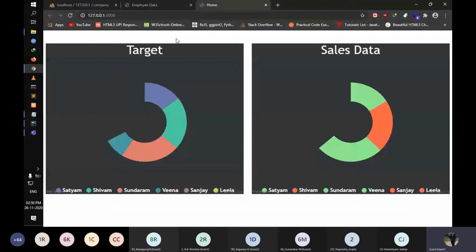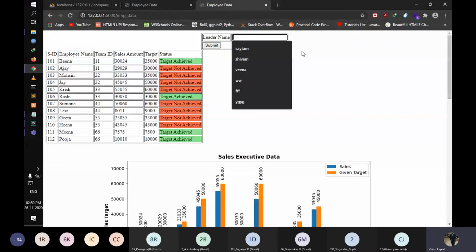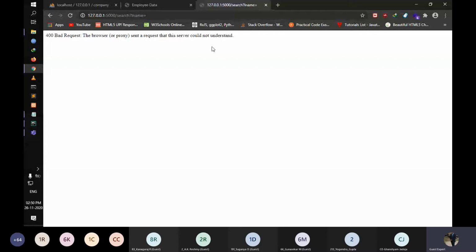So this is our first page, and you go to employee data. And as you can see, there's a button here. I can enter a name over here, and when I click on submit, it won't show anything at the moment because we haven't finished our code for the search ID.